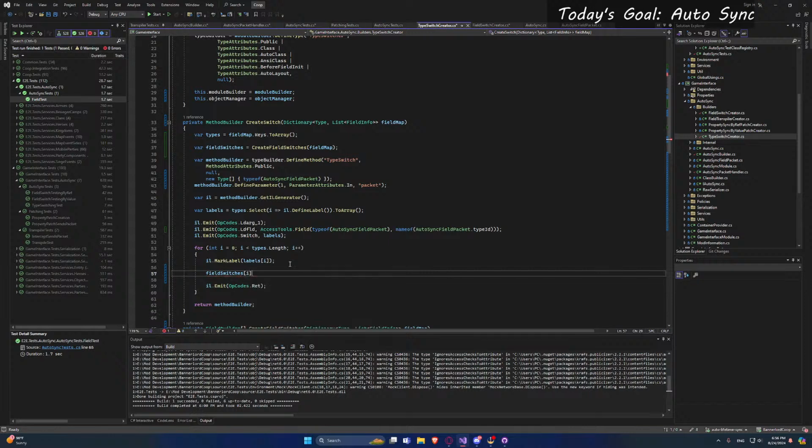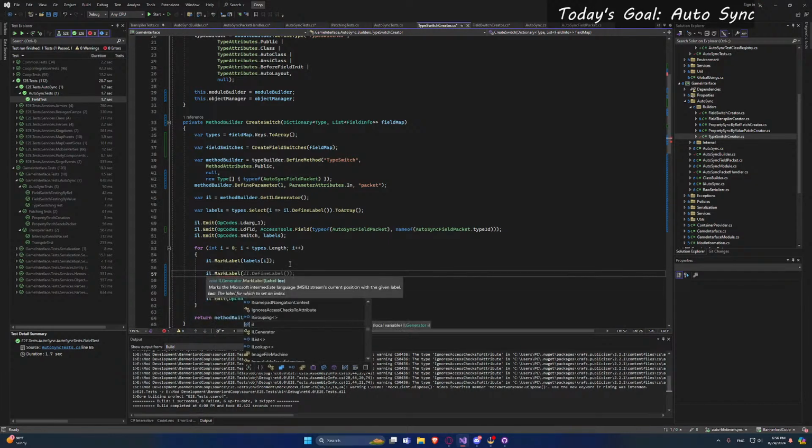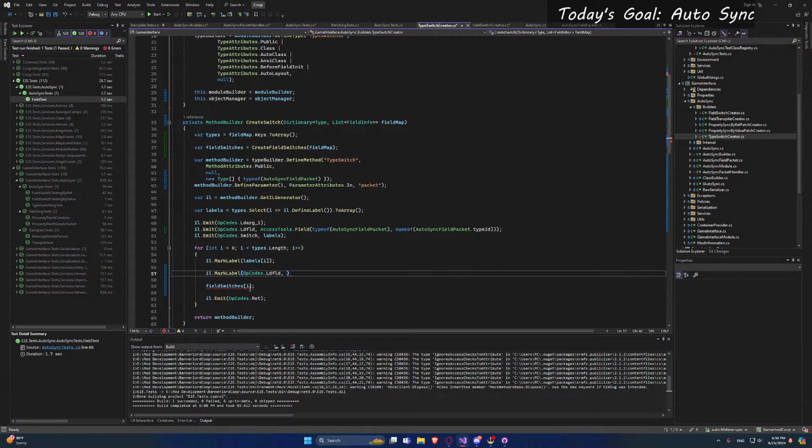Sure, file.mark label dot our opcodes load field, and then this field here, right? Load this field, but we also need